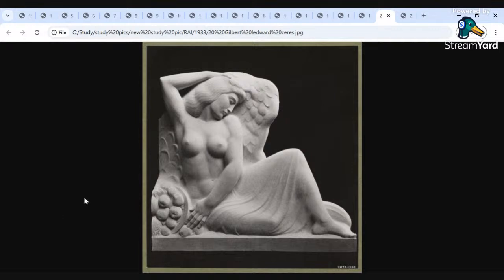Okay, and now we're on to another brilliant piece of sculpture. This by Gilbert Ledward. Gilbert's sort of known for some of the more abstract war memorials. This is Ceres, the Queen of Fecundity and the Harvest, and Persephone's mother. And you can see here her cornucopia. She's sitting next to the fruits of her godhood. One arm kind of sitting down, holding it together, while the other